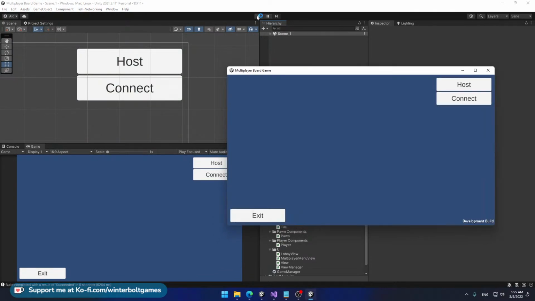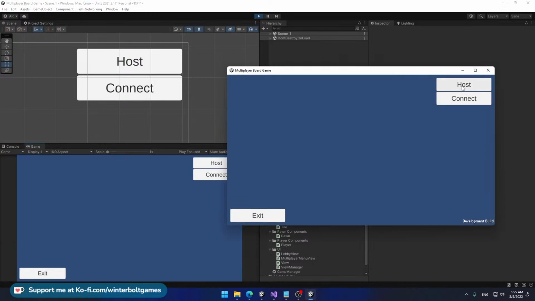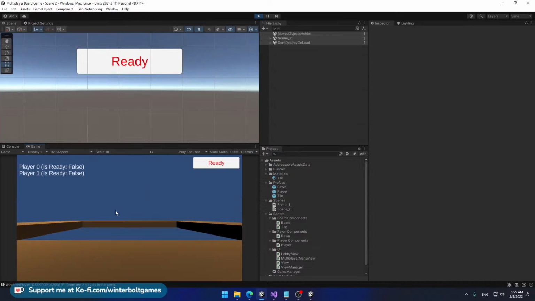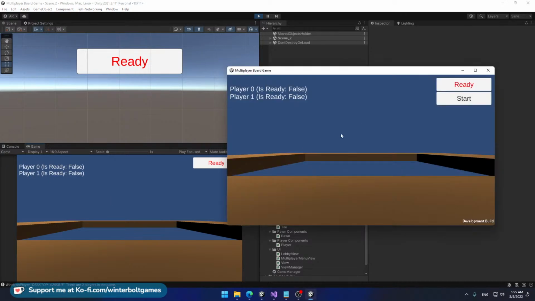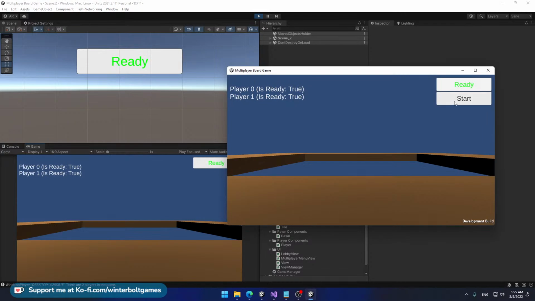Okay, I'm going to enter play mode here. Then I'm going to connect the console to the player, and again I'm going to host in the player. Okay, and I'm going to connect in the editor. And as you can see, we have an array of a multi-line string here, and that says player 0 and player 1. Player 0 is here. So when I go ahead and click ready, you can see that it synchronizes the text correctly. And let's go ahead and click ready here as well. And when I click start,